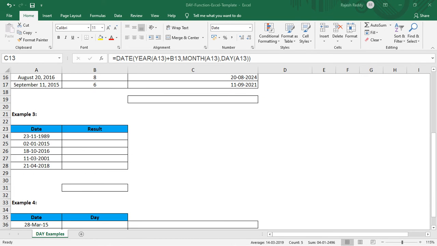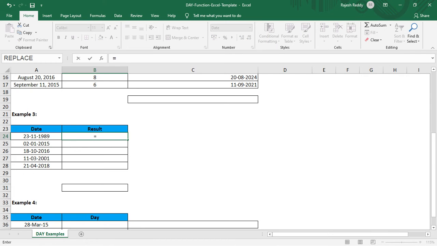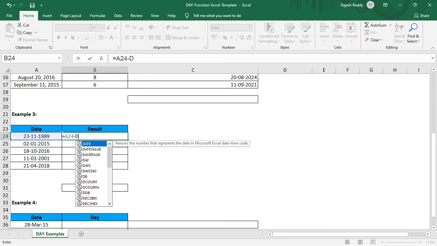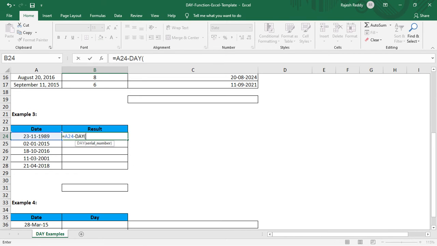And also, if you want to generate each and every month's first day, we can use this DAY function. First I will select this cell, then I will extract the day value from this specified date. Once we subtract this day value, this 23 days, from the date, finally I will add one day.